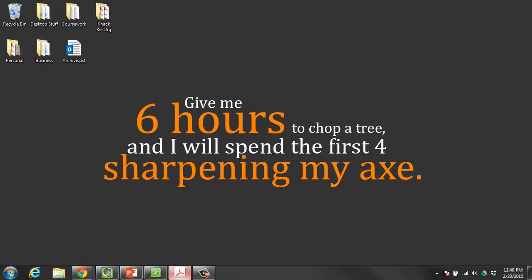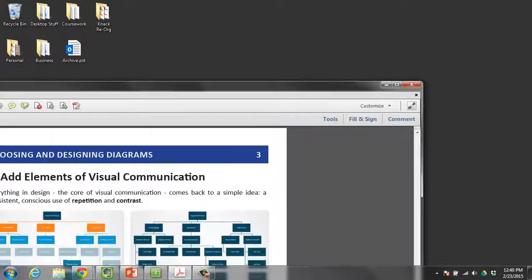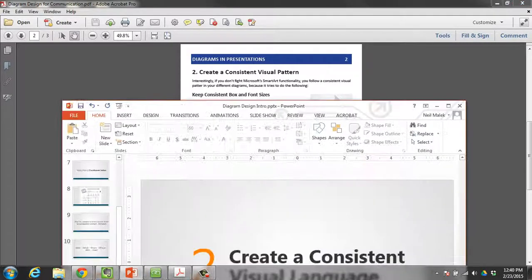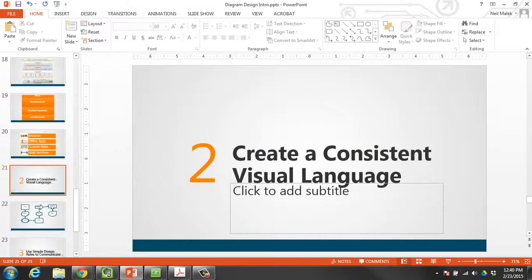So in the handout, what you'll notice is that on page 2 of the handout, it starts off with consistent box sizes and font sizes and consistent widths and aligned shapes. Now, the reason for all these ideas right here is because, first of all, if your box size or if your font size is larger or smaller, then what people assume about your content,